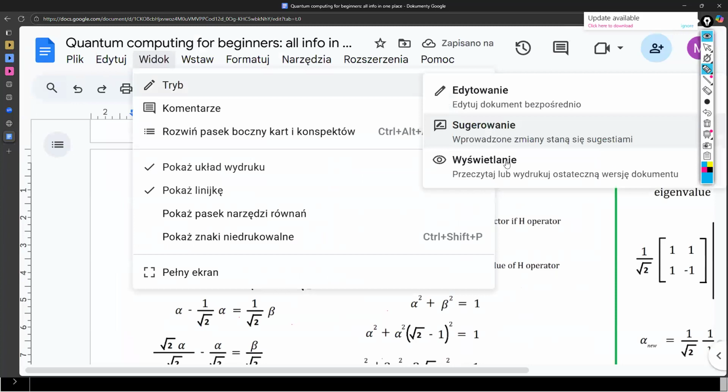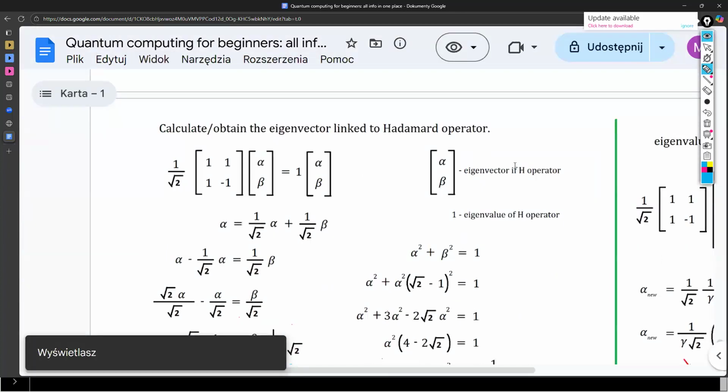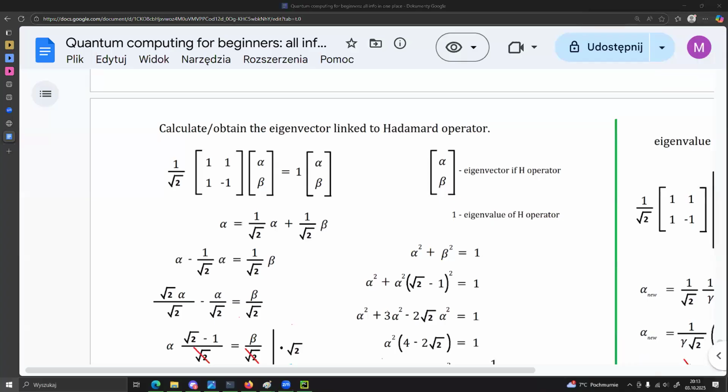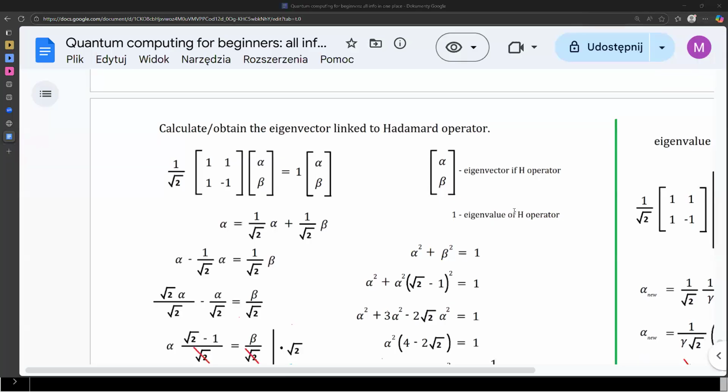Then we will try a display mode. Okay, something happened with my software for drawing, I suppose. Let me restart it quickly. I'm sorry for the problems. Okay, there it is. Okay, so